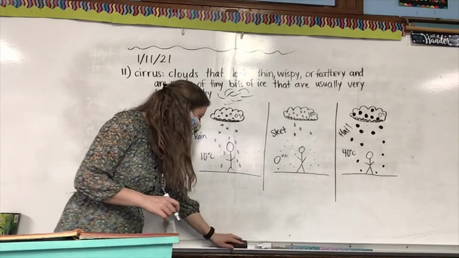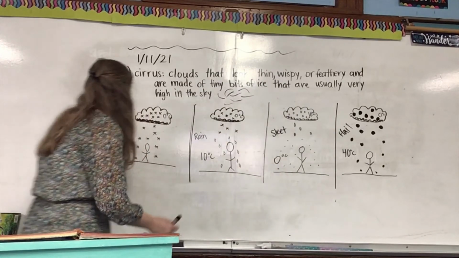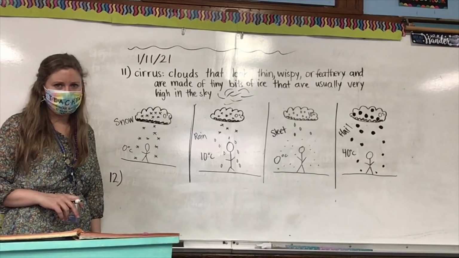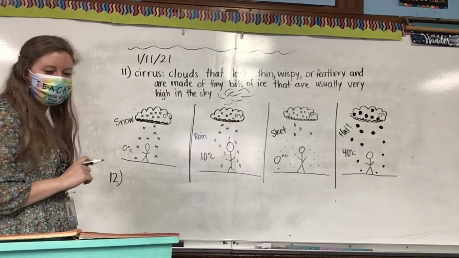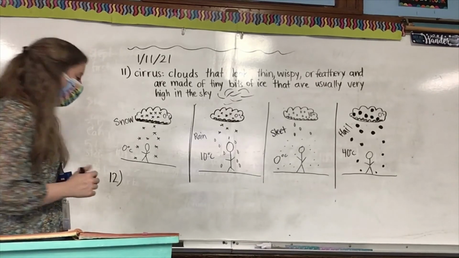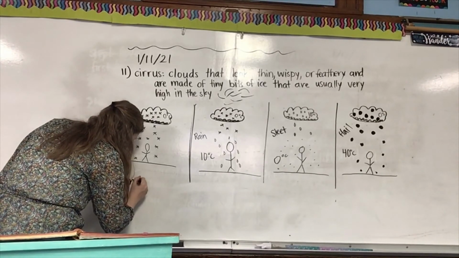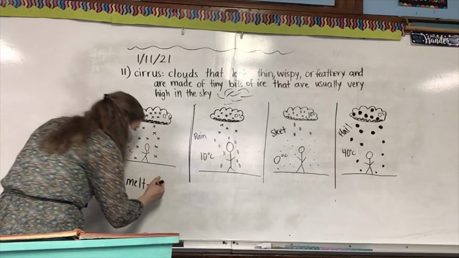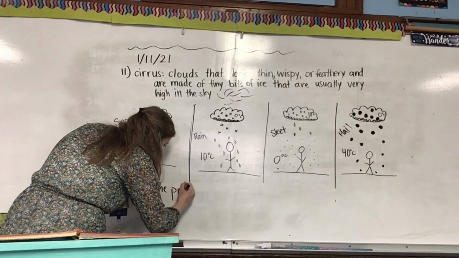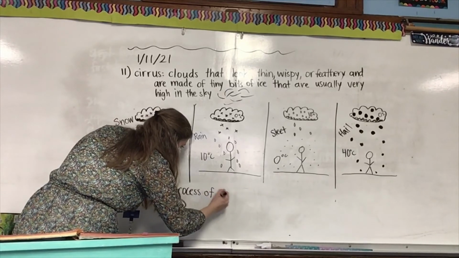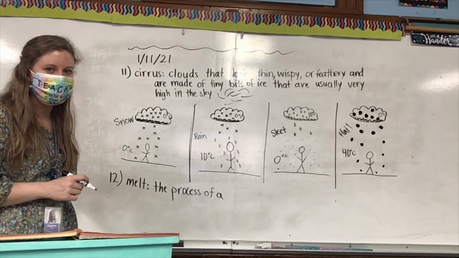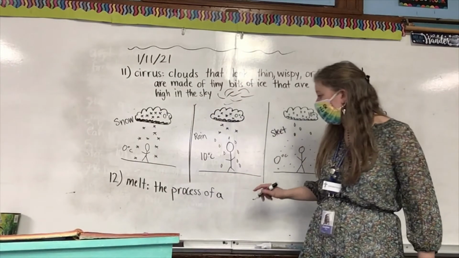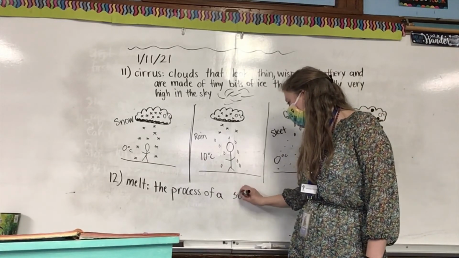Now let's add that vocab word underneath our diagrams. So number 12. Smith, was it you that read that paragraph? Okay, Smith, what is our last vocab word? Melt. And what does the word melt mean? We're going to say it's the process of a what changing into a what, Smith? Of a solid changing into a liquid. Good. So melt means the process of a solid